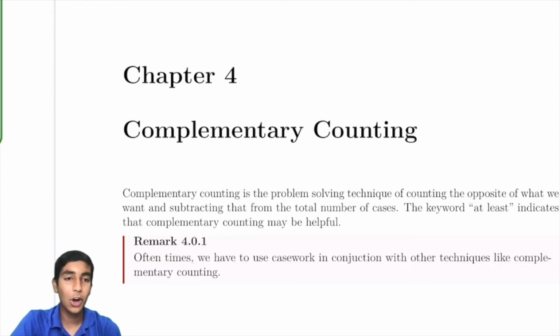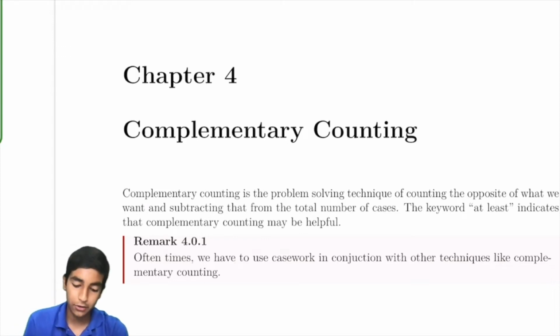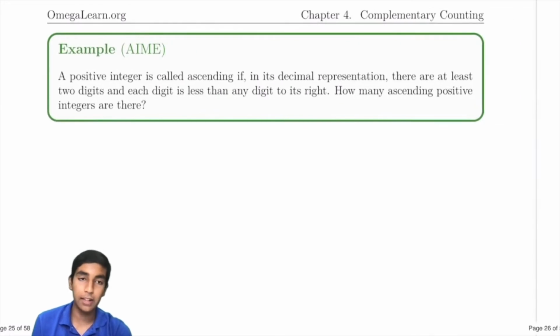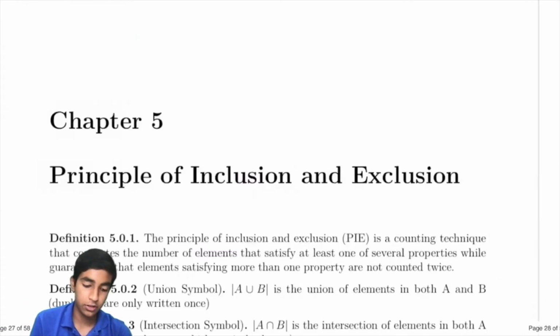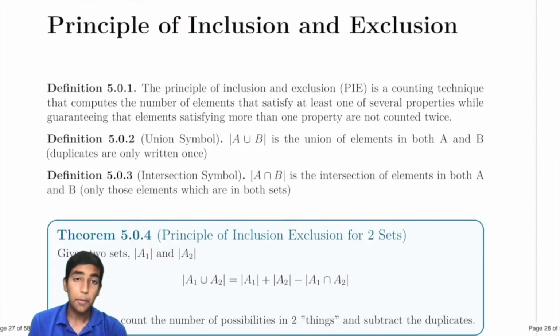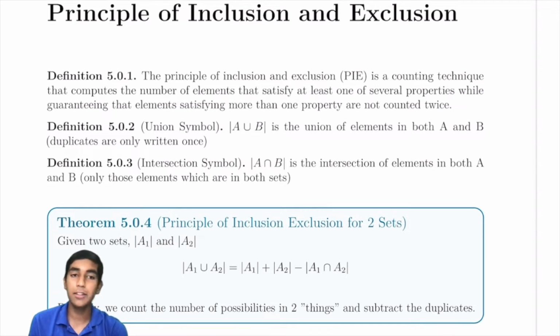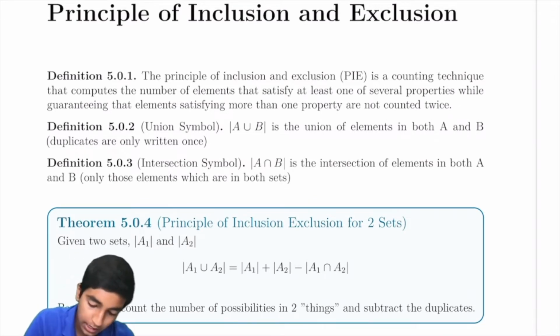In the previous video, we covered complementary counting. We covered some very interesting examples that offered us a shortcut to casework. The principle of inclusion and exclusion is another shortcut to casework. Basically, it's a counting technique that computes the number of elements that satisfy at least one of several properties, while